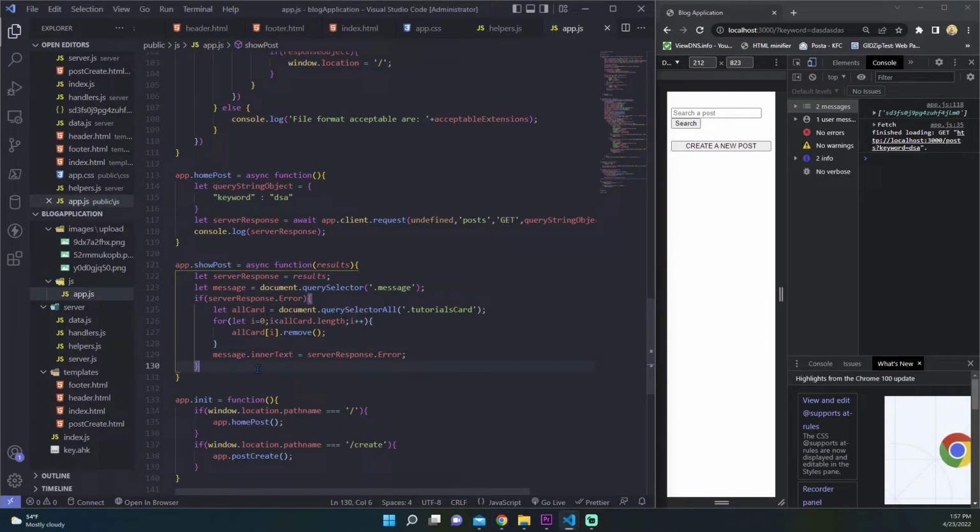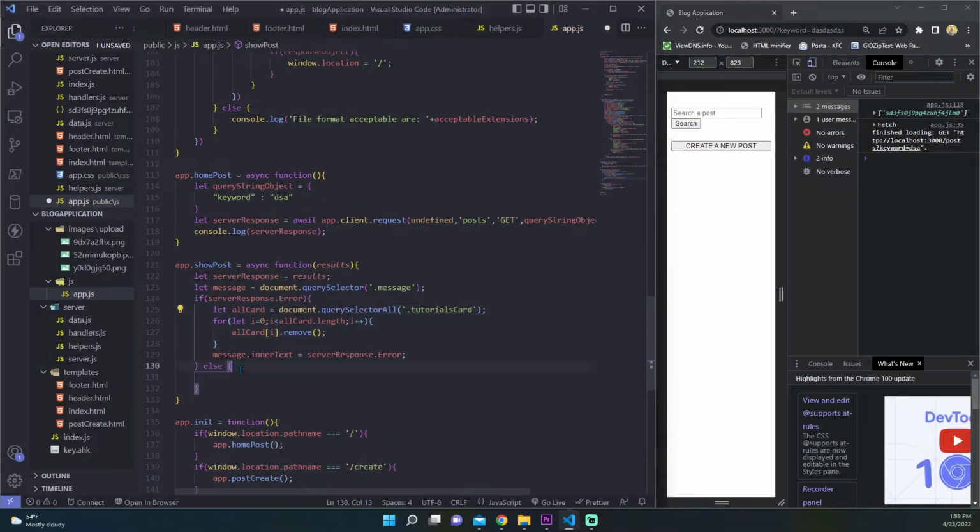So here, if we don't have errors, we can start building the code that will display our posts on our browser. First of all, we have to remove all the posts from our client interface, because for example, every time that we want to perform a research by hitting the search button, we want to get rid of all the posts inside our HTML template, and we want to make room for the search result. After that, through a for loop, we have to grab all the results from our server response and make a client request. So we can achieve this by setting up here an else condition, and here we can take this